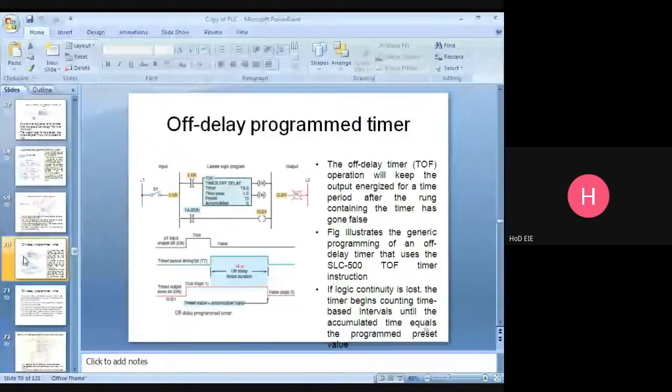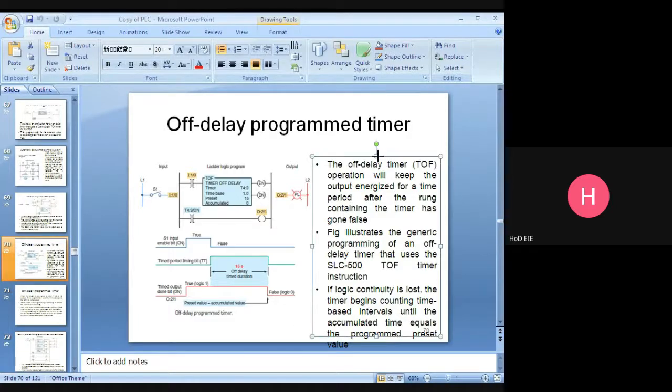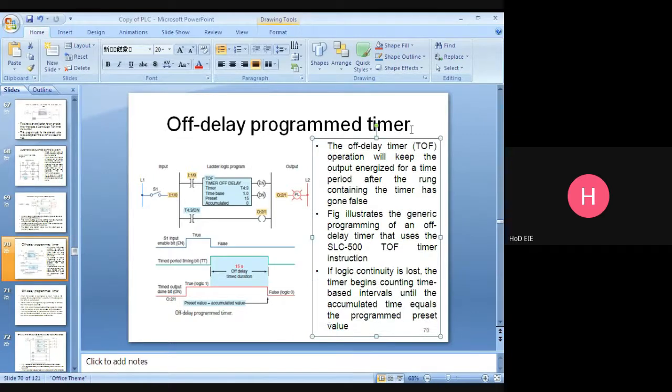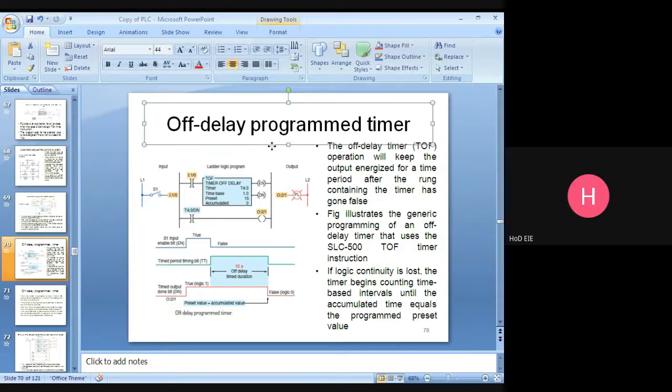Now we move on to off delay timer. You should note this one with keen care. Off delay programmed timer.